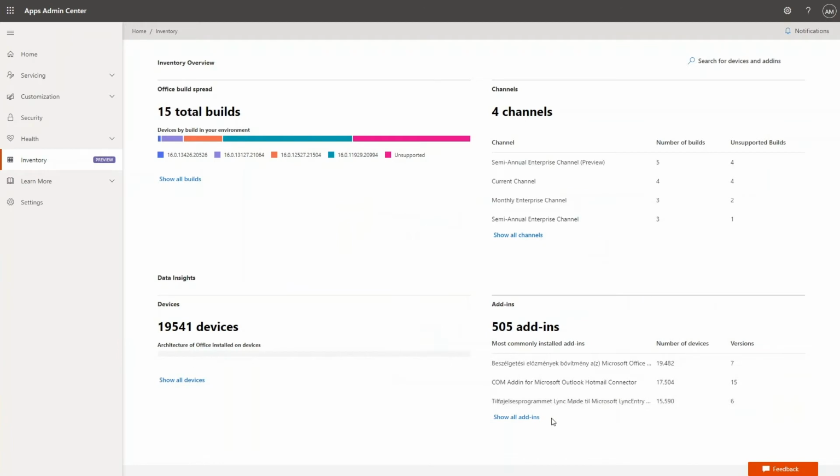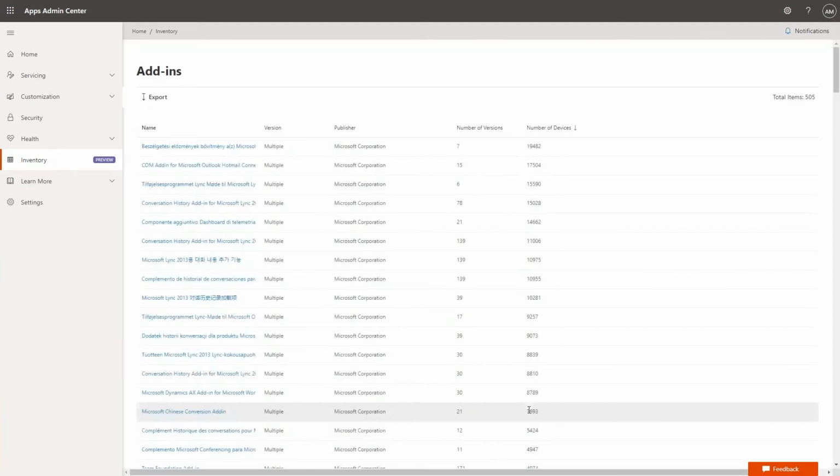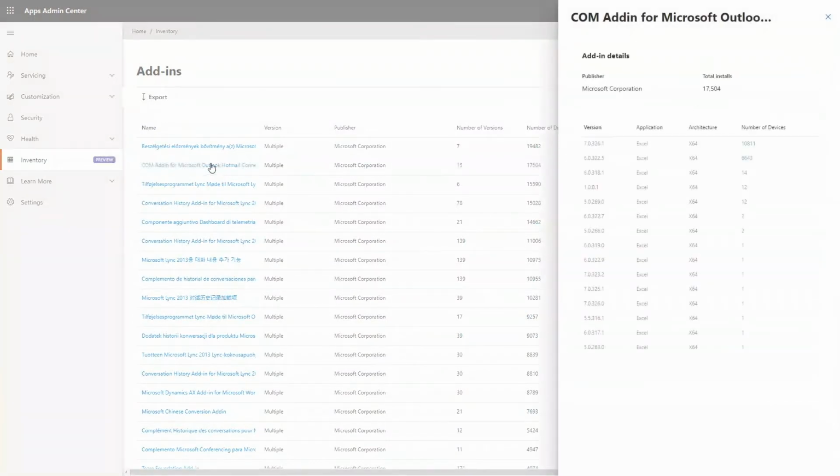One of my favorite things, as we just touched upon, is around add-ins and being able to see all the different add-ins within my organization. So I could quickly look at this particular COM add-in for Microsoft Outlook Hotmail, and you could see all the different versions that I have. So quickly identifying if there's any sprawl, we could see that